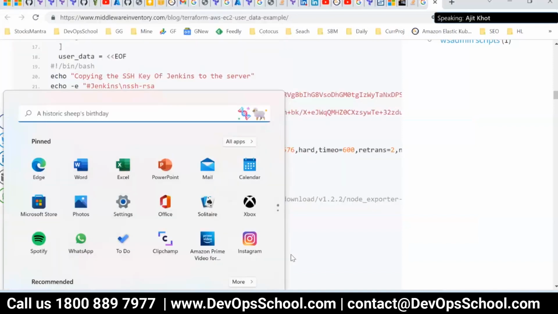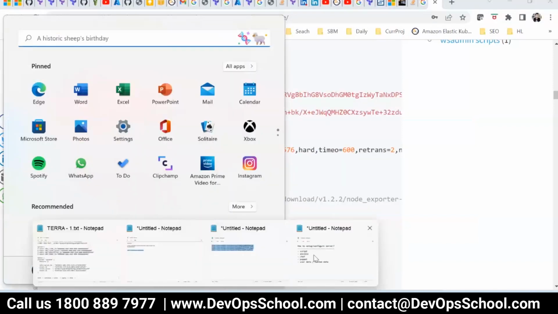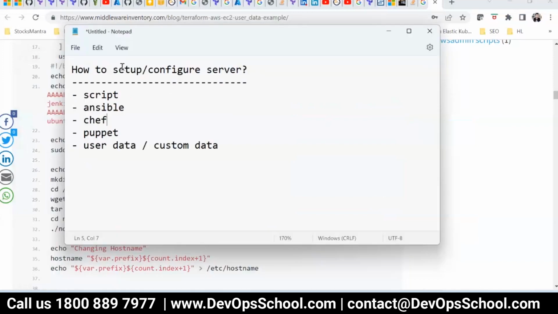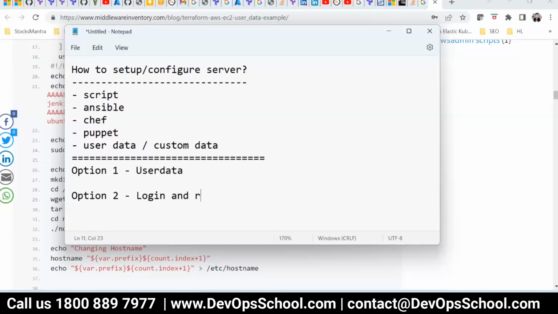Okay, wait a second. Let me write it down so it'll be easier for you. So how to configure a script on a server? The question is: option number 1, user data. Option number 2, log in and run commands and script.